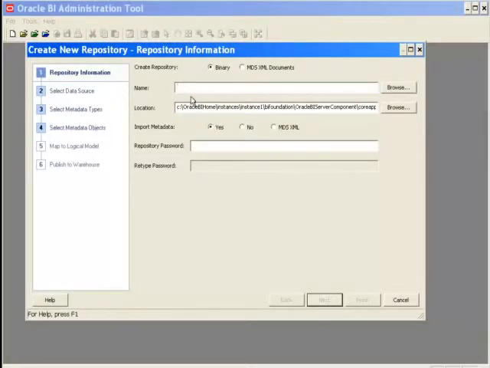For now, I'm providing the name of the repository as sample_ORCL_August30th.